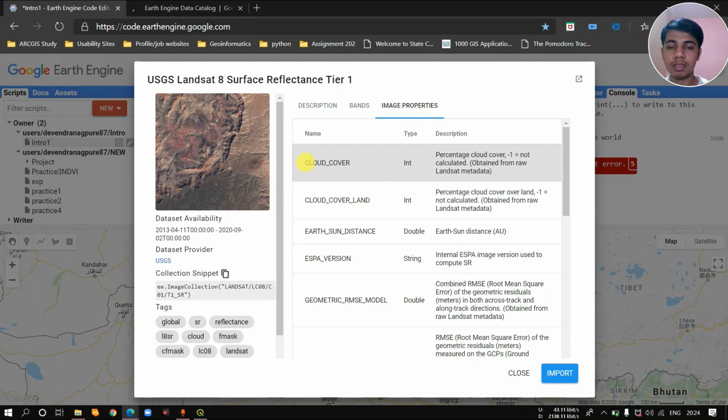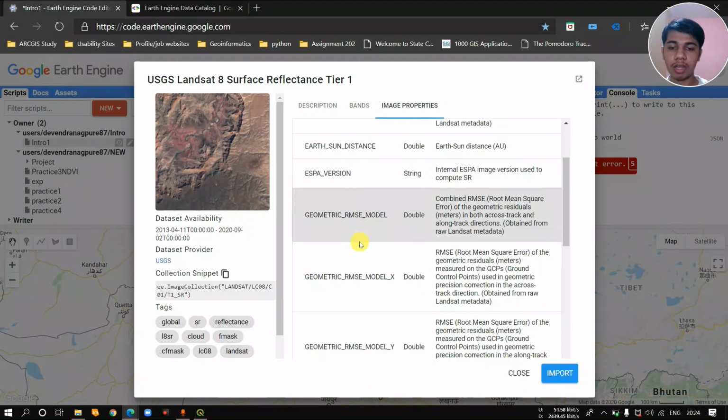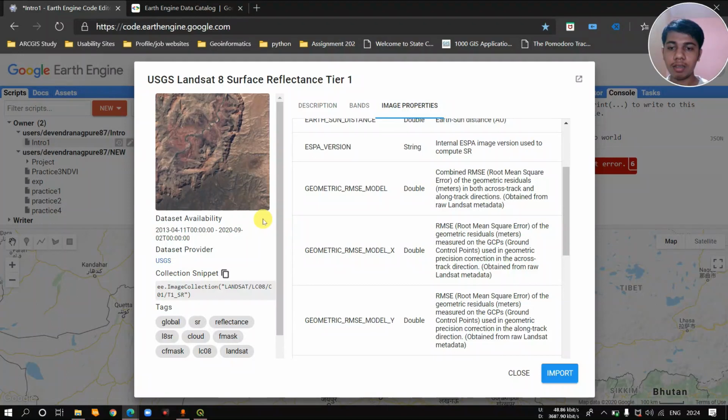This is generally used for filtering processes, such as cloud cover, if you don't want cloudy land and all that. But the major thing which is very much required for calling the data is this dot image collection and its algorithm, Landsat 8. So this is used for calling the data in our code editor.